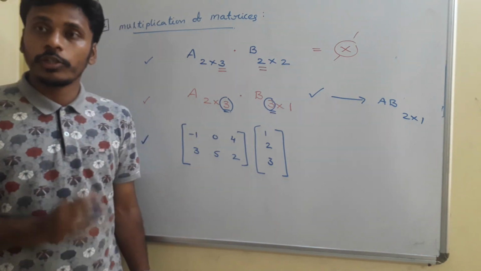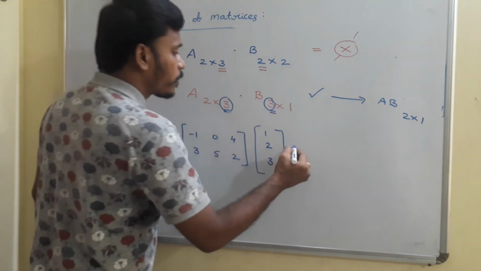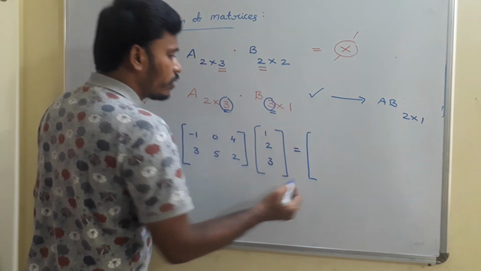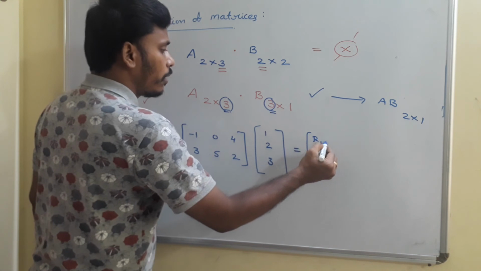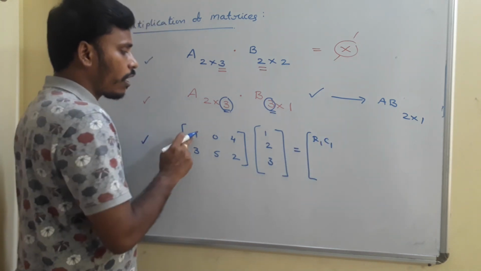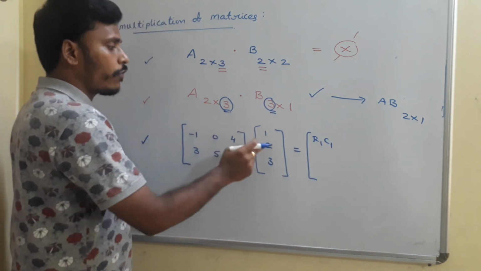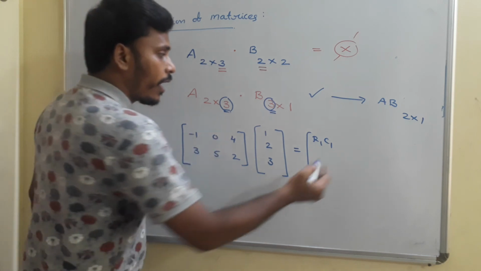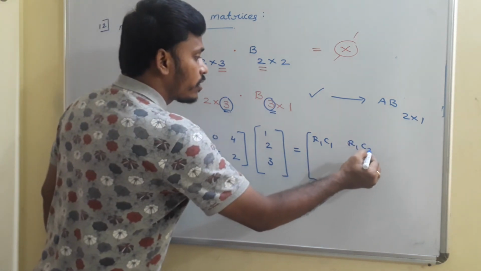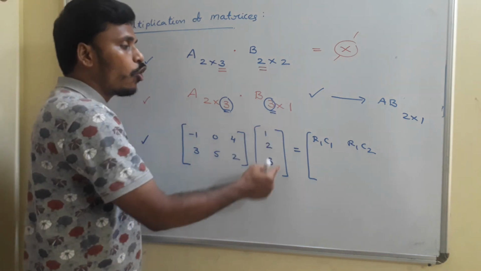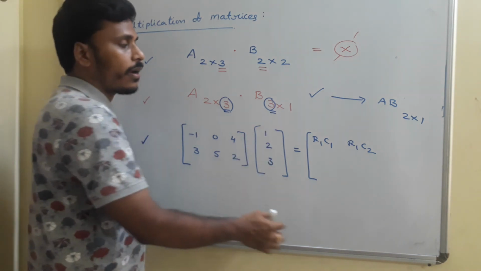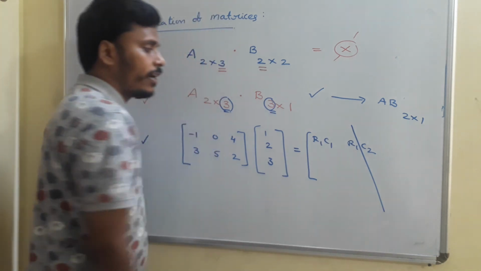Is multiplication possible? Surely possible. As per the definition, you need to think about it: every time, there is no need to write R1, C1 and so on, but if you need, just go with R1, C1, first row and first column. Next is R1, C2, first row and second column. But there is no second column in the second matrix, so don't think about this idea.